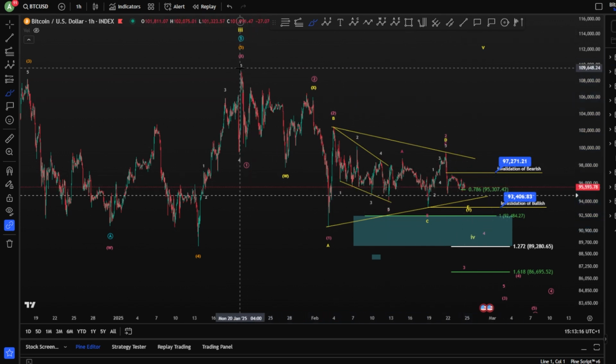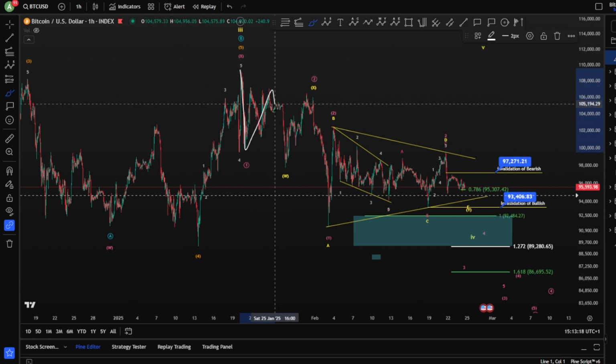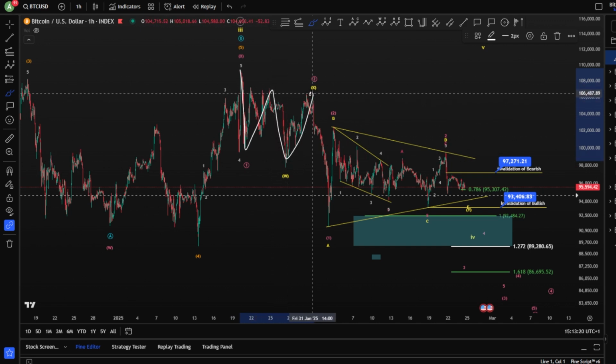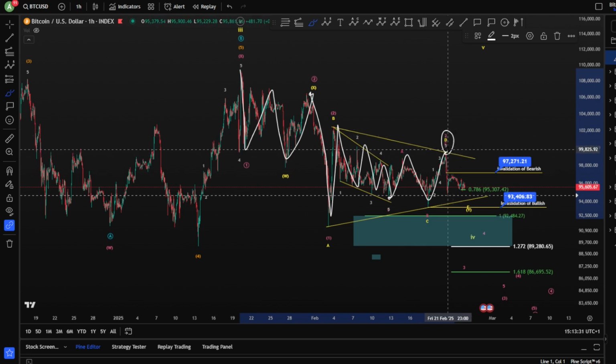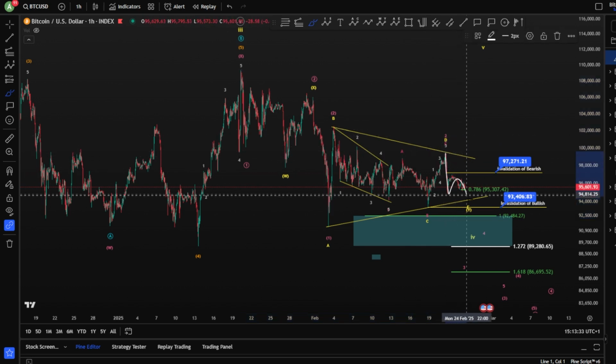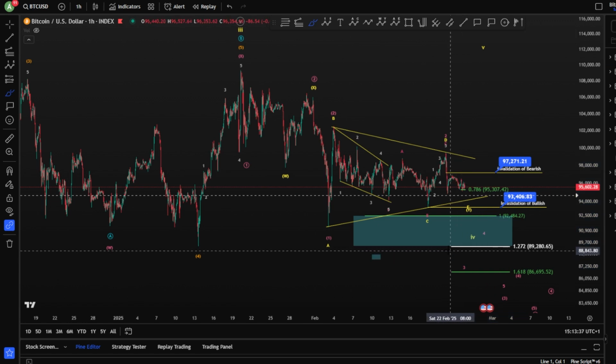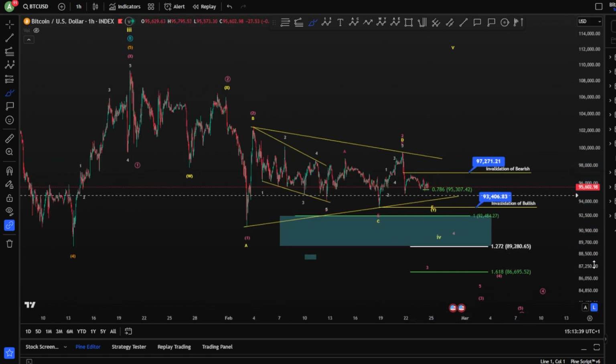Which is an impulse toward the downside, one and two. Your wave 2 is an ABC here. You have a bigger wave 1, and then 2, you have also a 1, 2, 3, 4, 5 leading diagonal here. A, B, and a C still working as a wave 2, and probably we're moving impulsively towards the downside. So these are the bullish and bearish scenarios on the 1 hour chart and the 15-minute chart, the highest possibilities between the bullish and bearish scenarios.